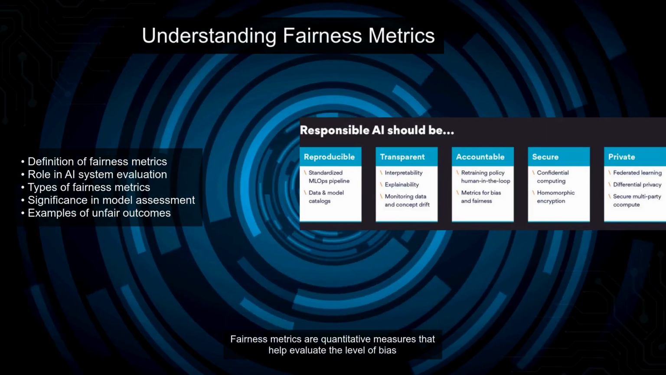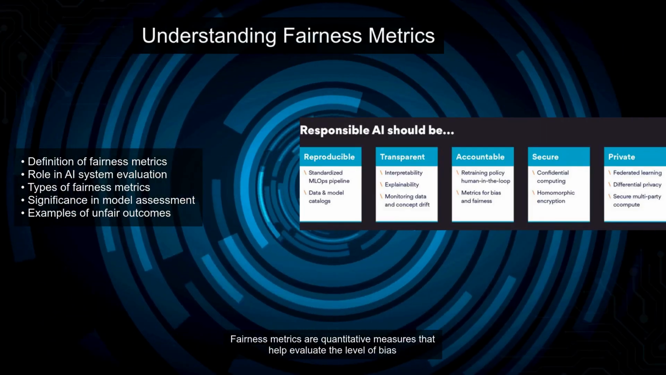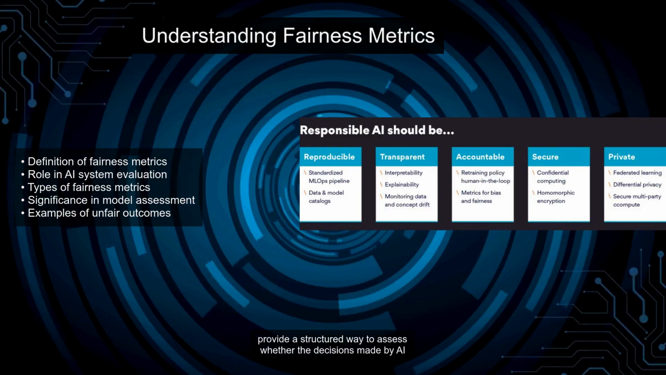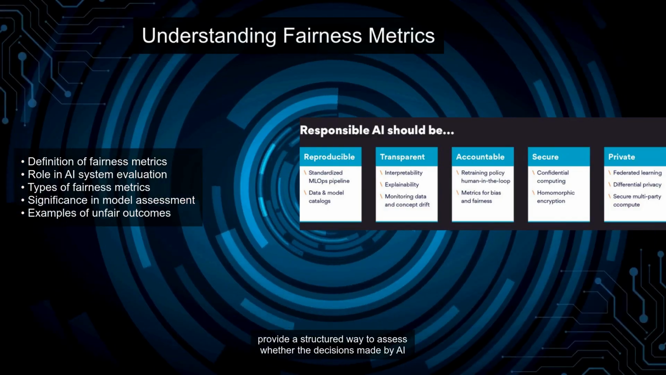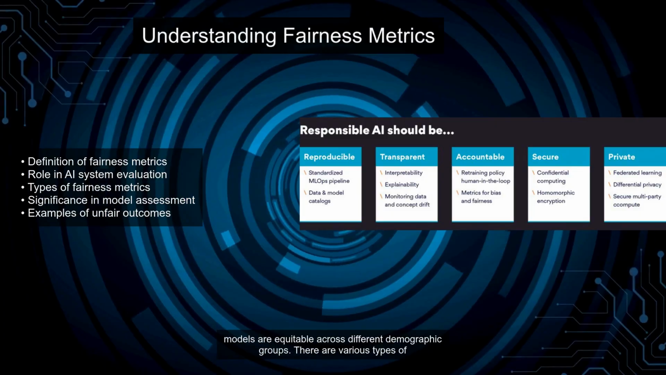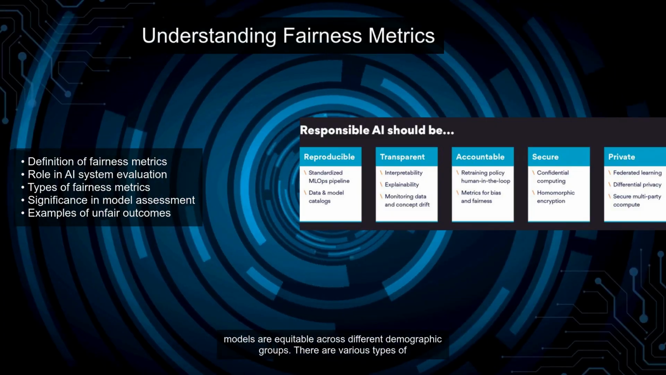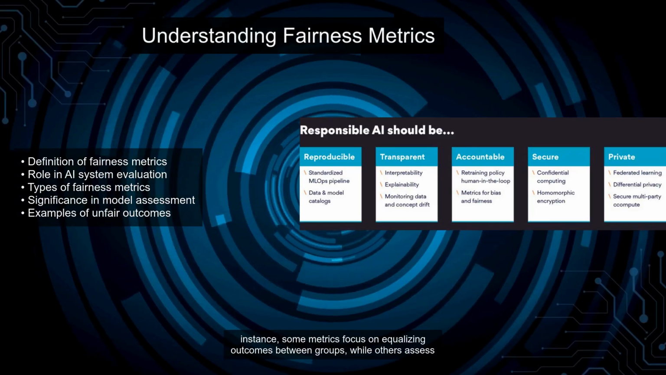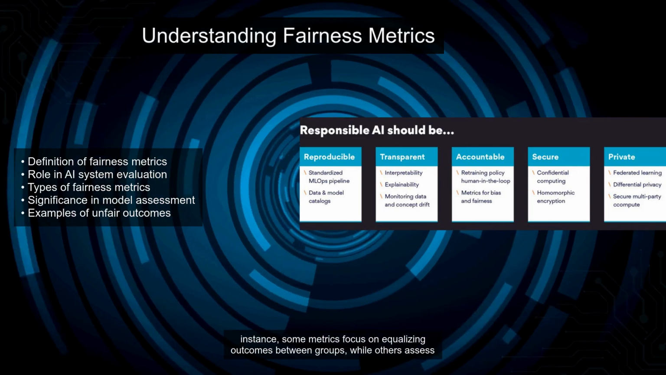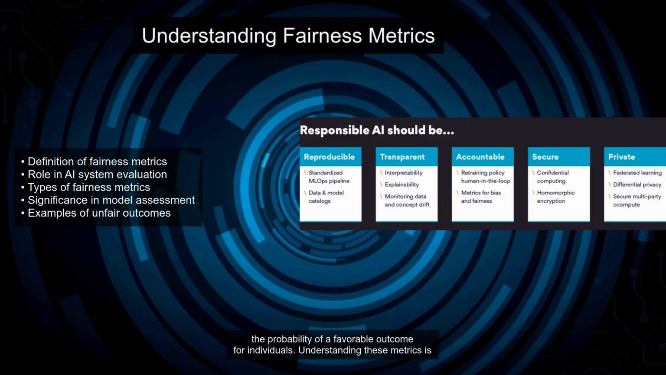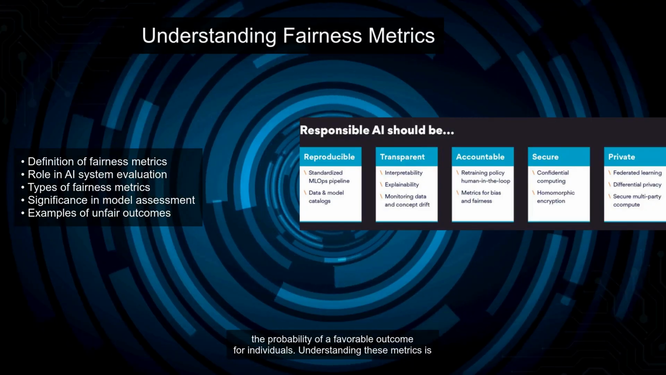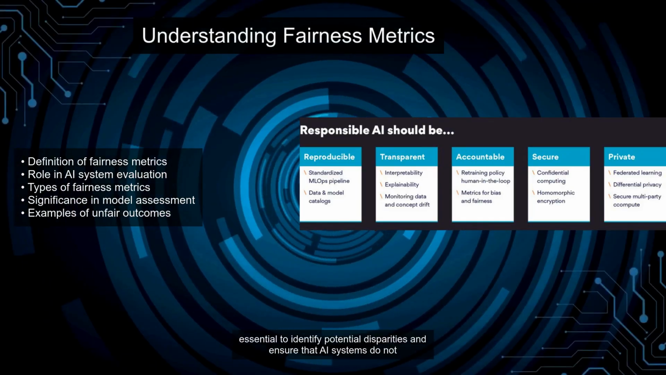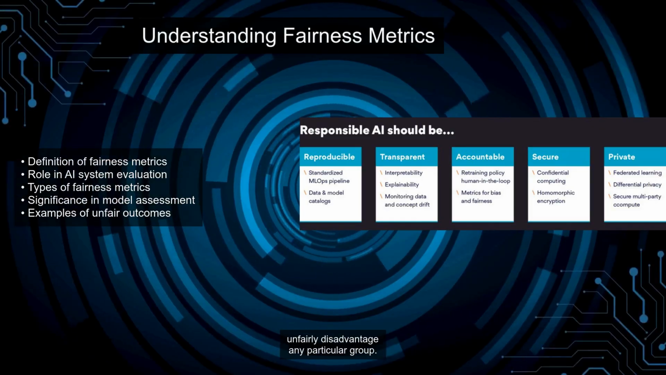Fairness metrics are quantitative measures that help evaluate the level of bias or fairness in an AI system. These metrics are crucial as they provide a structured way to assess whether the decisions made by AI models are equitable across different demographic groups. There are various types of fairness metrics, each serving a unique purpose in evaluating model performance. For instance, some metrics focus on equalizing outcomes between groups, while others assess the probability of a favorable outcome for individuals. Understanding these metrics is essential to identify potential disparities and ensure that AI systems do not unfairly disadvantage any